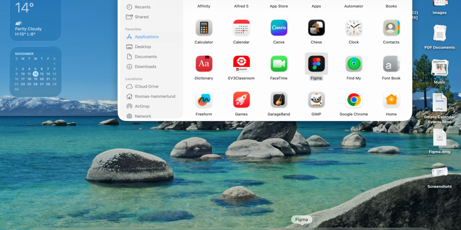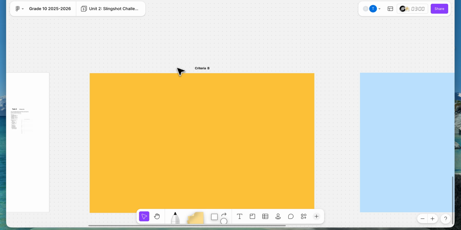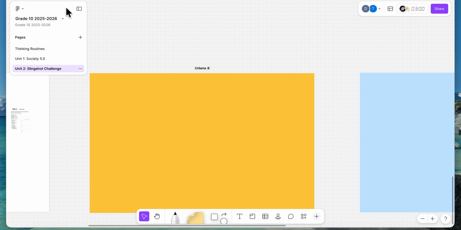And now Figma is down here on my toolbar. I'm sorry you can't see that. But then I open it up. And then right here, where it says,